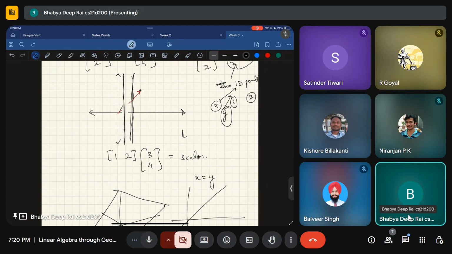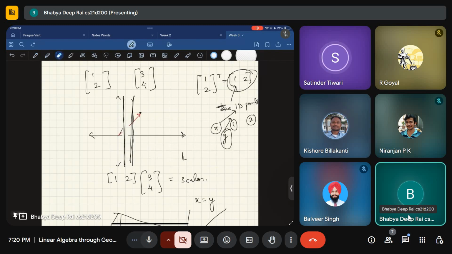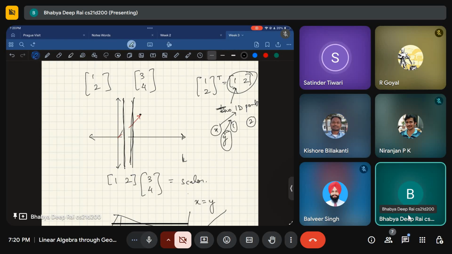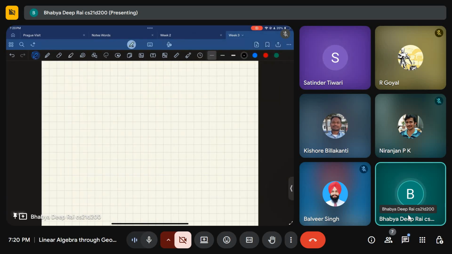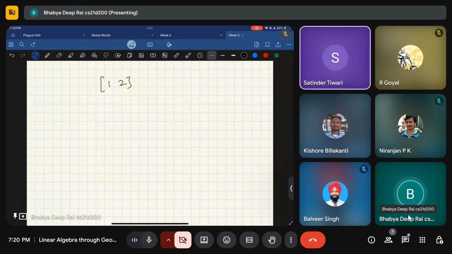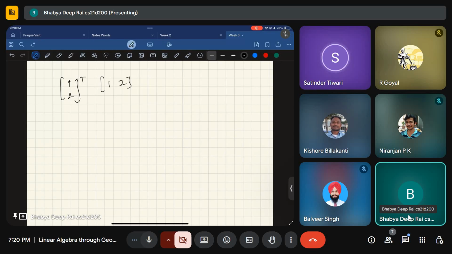Once we transpose it, we can plot it, Kishore, but then y will just be the same as x, so xx plus yy, which would be a single number, not a point. If it is not a point, then we can't plot it on a coordinate plane. So if you plot this point 1 2 here, and if you look at 1 2, what does this represent? This represents 2 points actually.